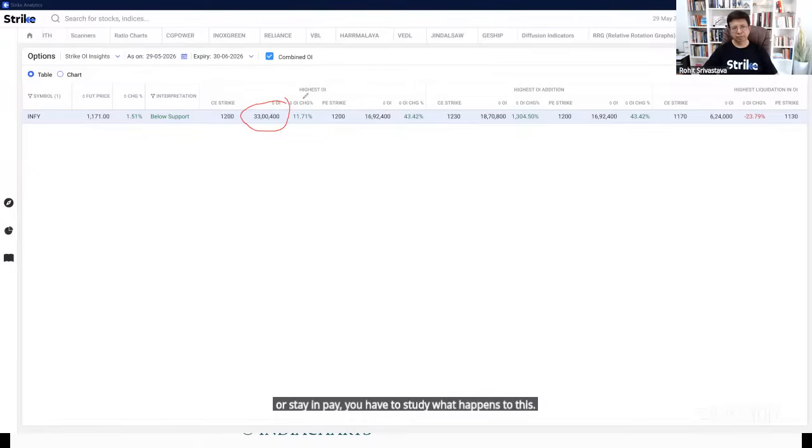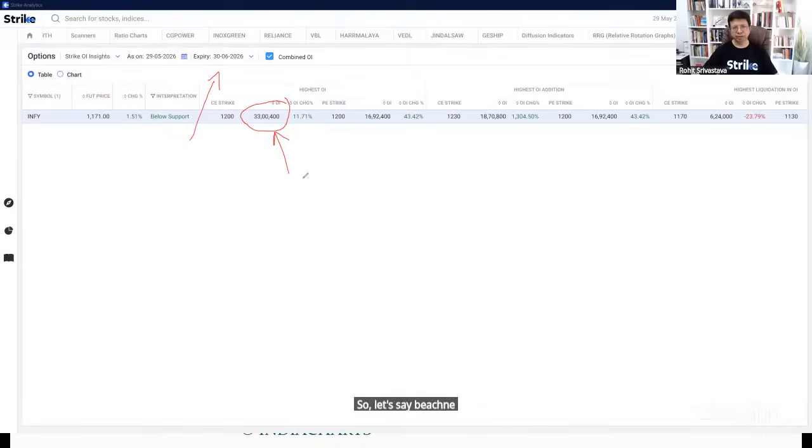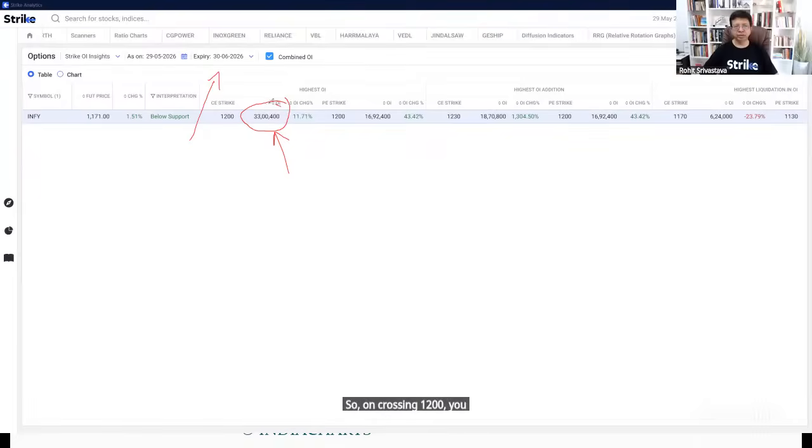बिकॉज व्हेन यू क्रॉस 1200, अगर यहाँ पे ये बायर और सेलर दोनों है ना, ये ओपन इंटरेस्ट है। मतलब किसी ने खरीदा भी है, किसी ने बेचा भी है, तो लेट से बेचने वाला स्ट्रांग है, तो बेचने वाले ने इतना कुछ बेच के रखा है, वो तो सोच रहा है कि इन्फोसिस नहीं चलेगा। अगर 1200 क्रॉस होता है और ये आदमी डर जाता है तो वो काटेगा पोजीशन। So on crossing 1200, you have to study whether the open